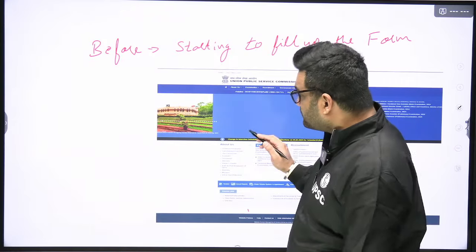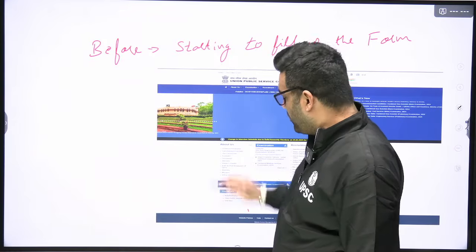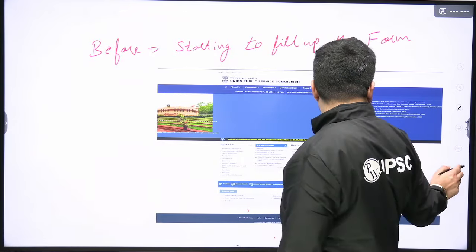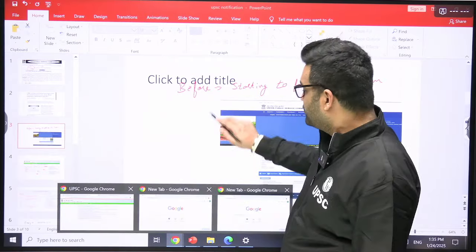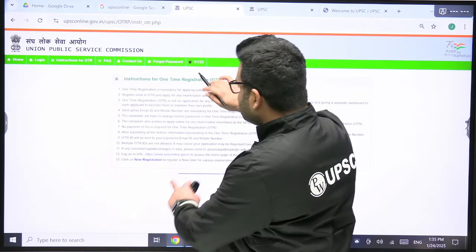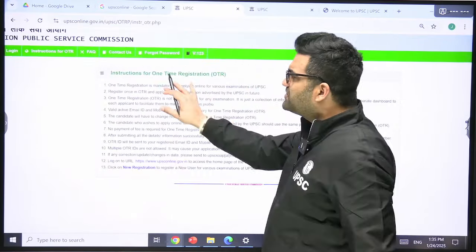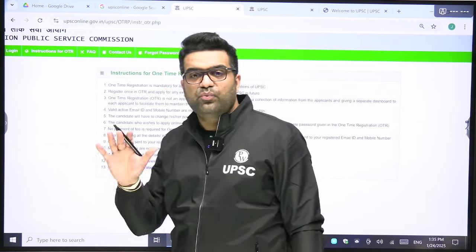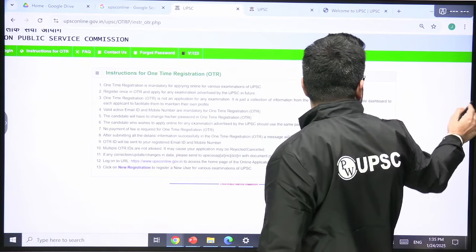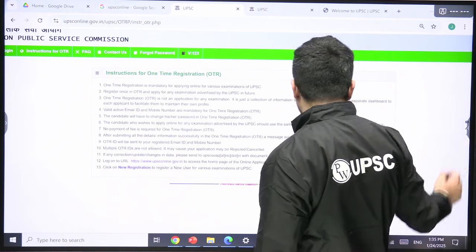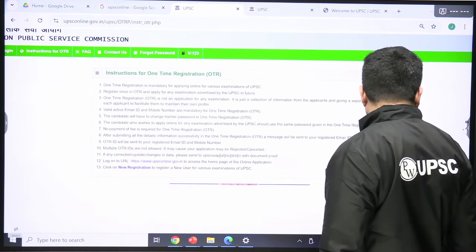Now you have to visit upsconline.nic.in. Let us visit the website right away so that you get a hang of it, you get a feel of how to fill it up. Read the instructions given over here also. What is OTR? One-time registration is the once in a lifetime registration that you are going to do with UPSC. You may not be allowed to change it afterwards. Why? Because once you are done with it,